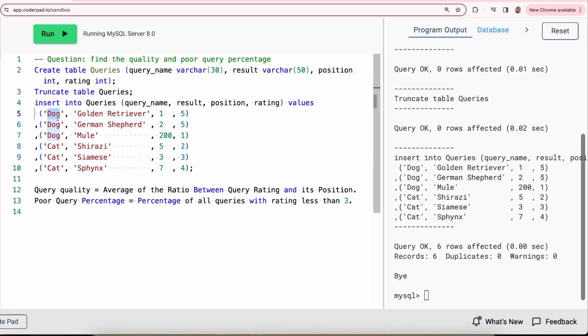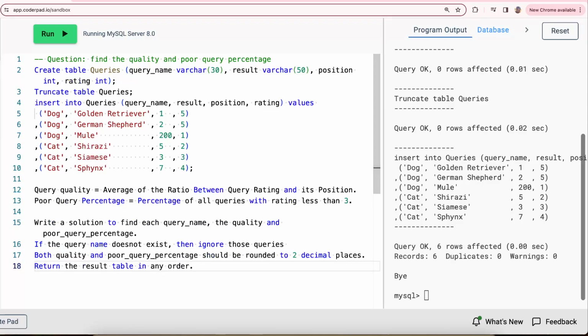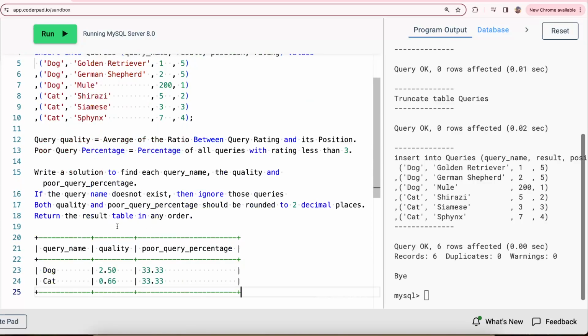Both the quality and the poor query percentage should be rounded to 2 decimal places, and we can return the results in any order. It can be ordered by the percentage, the quality, or the query name, however you want. So the output has to be like this. We have to give the query name, the quality, and the poor query percentage, and all are in 2 decimal places. Okay, let's comment this out,